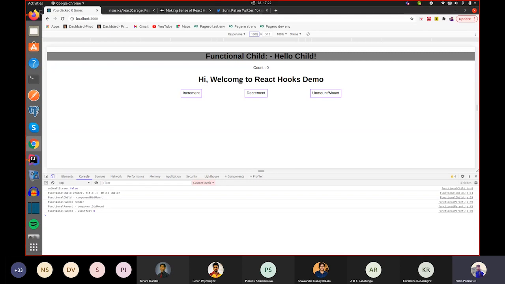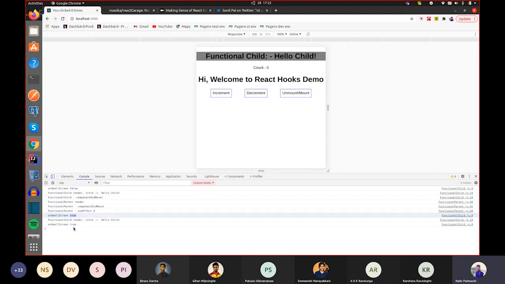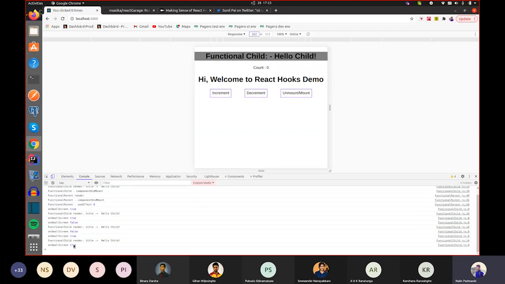Now the screen's width is greater than 600, that means onSmallScreen is false. Let's see what happens. Can you see? This has changed and the hook has been called there. Whenever I expand this again, now it's 680, it's false, and whenever I reduce it again, it has changed.